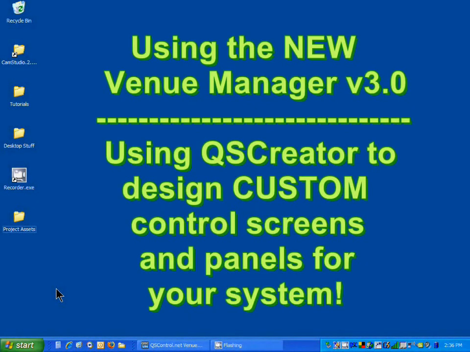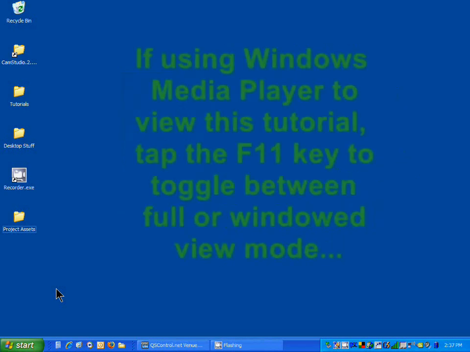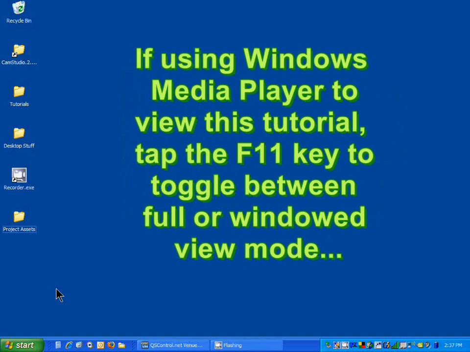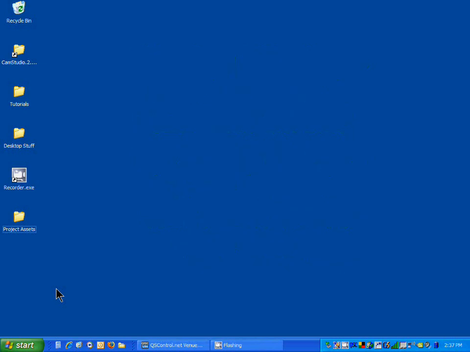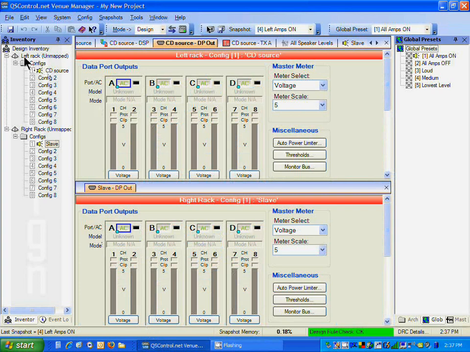In this tutorial, we're going to be showing how to use the existing QSControl global presets and masters and configuration designs and create a custom Qes Creator screen so that your end user, your customers, don't have to be bothering themselves with all the intricacies of Venue Manager, but instead have a nice graphical and simple user interface for their system. In the earlier tutorials, we had designed a very simple system that had a Basis 922 AZ,